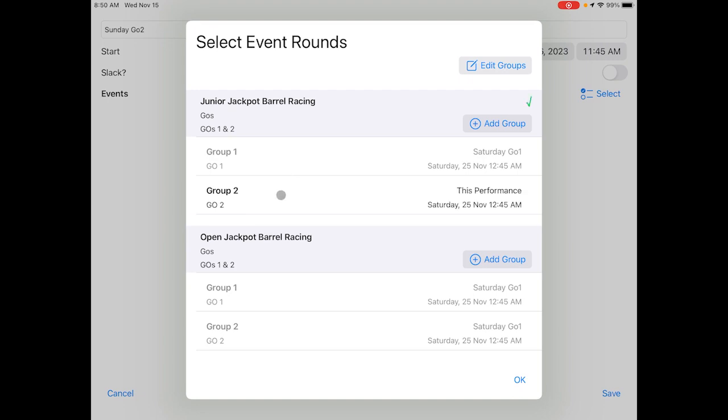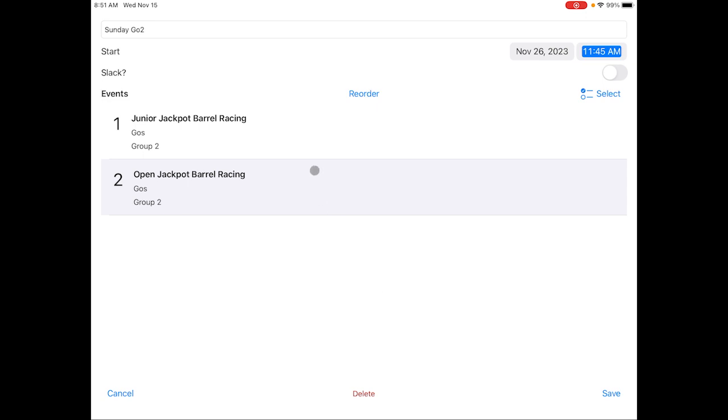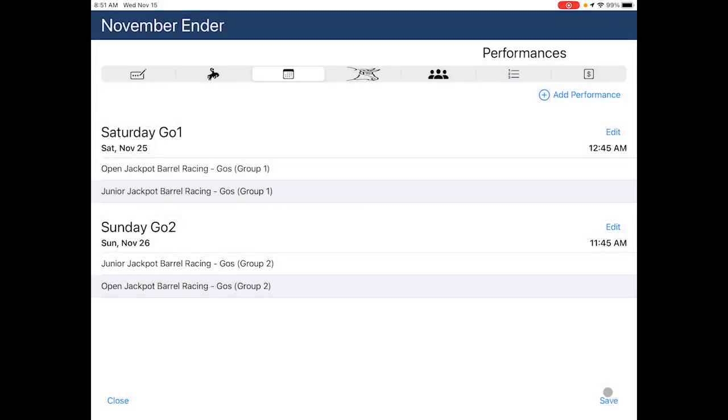We will tap on Group 2 to assign this to the performance we are setting up, and we'll tap OK. And now we will see just group 2 for each event. We will tap Save. And now we have our performance schedule set up Saturday Go 1 with both events, and Sunday Go 2 with